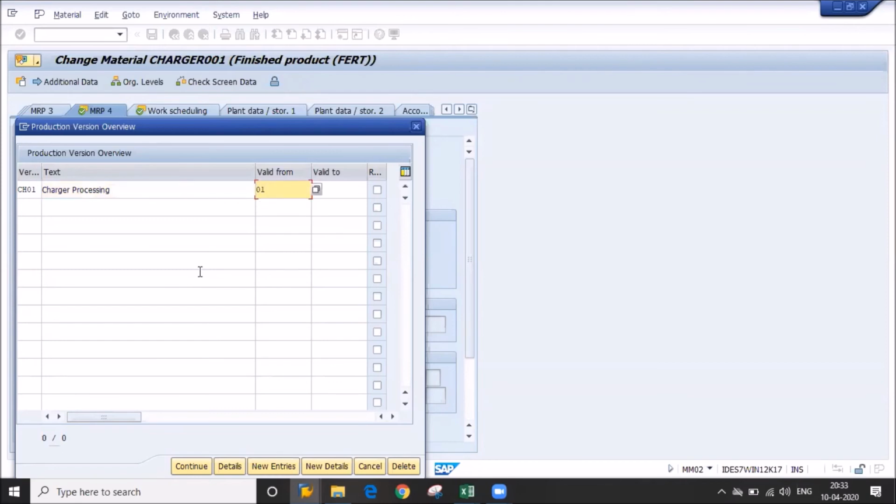Whatever date I'm giving from valid from, it should be maintained, it should be valid with your BOM valid from and routing key date. So that's why I'm giving the same date in both. Understood? Yes, sir.